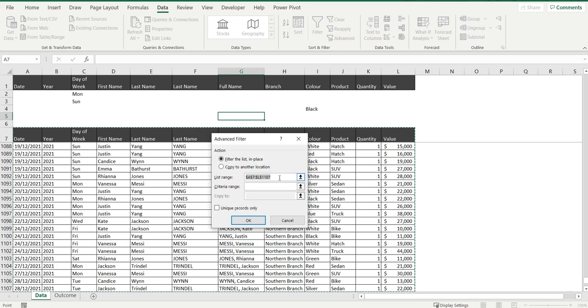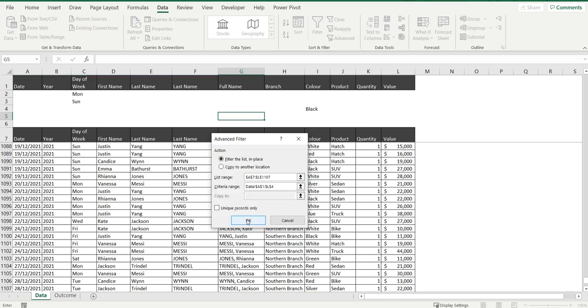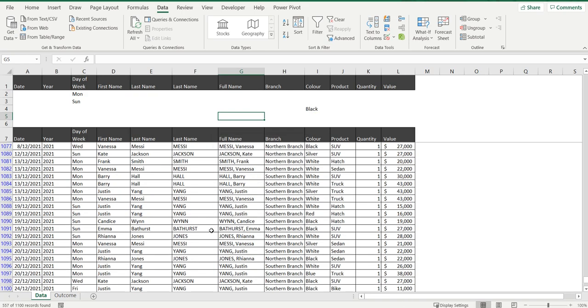The list range, it's automatically worked out what it is, so I'm going to say OK. Otherwise you highlight the cells that you want to filter. The criteria range, including the headings, are all these rows here, including that Monday, Sunday and black. And we'll press OK, and you can see now